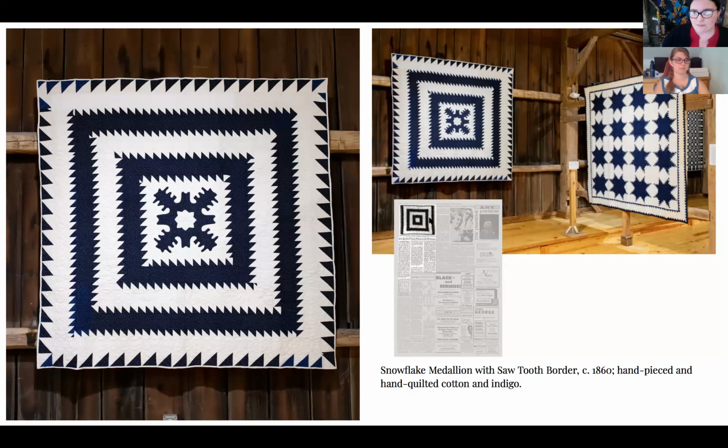And to that point, when I was doing research for an upcoming modern exhibition, I found a very similar quilt in a review right here of the 1971 exhibition at the Whitney Museum of American Art titled Abstract Design in American Quilts, an exhibition dedicated to the innovation of historic 19th century examples. In this review, storied critic Hilton Kramer for the New York Times praised, and I will quote, "for a century or more preceding the self-conscious invention of pictorial abstraction in European painting, the anonymous quilt makers of the American provinces created a remarkable succession of visual masterpieces that anticipated many of the forms that were later prized for their